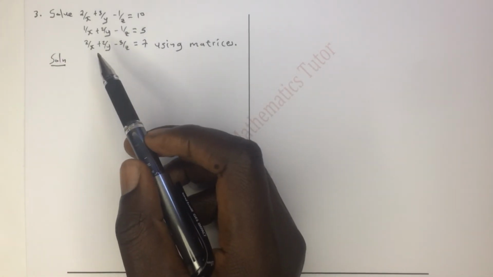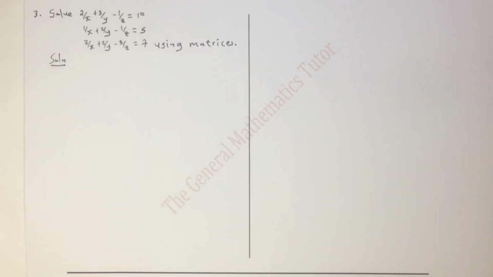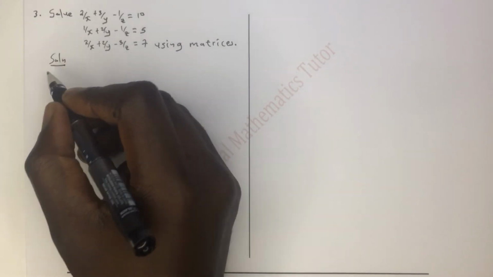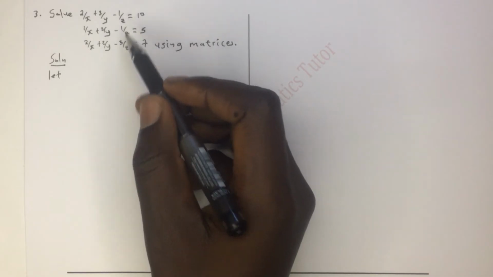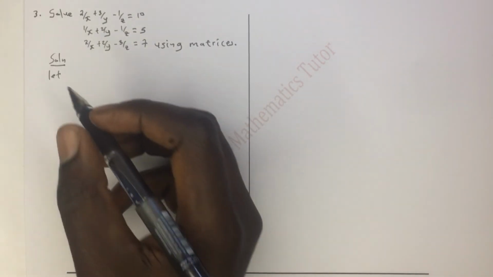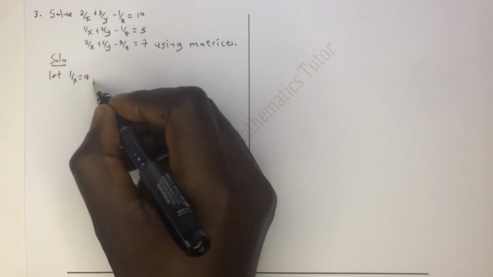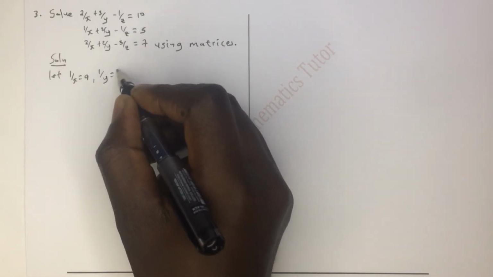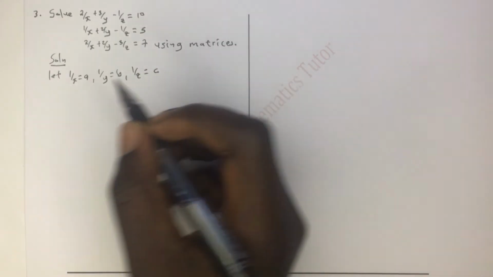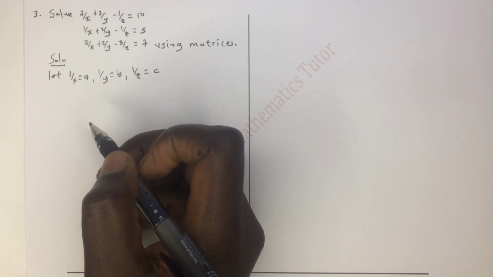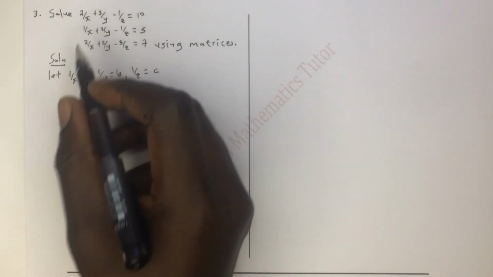So the best thing to do in this situation is to rewrite the equations. In this case, you can let 1 over x, 1 over y, and 1 over z be represented by other letters. So you can say let 1 over x be a, then 1 over y be b, and 1 over z be c, so that we can rewrite those systems of equations as, so the first